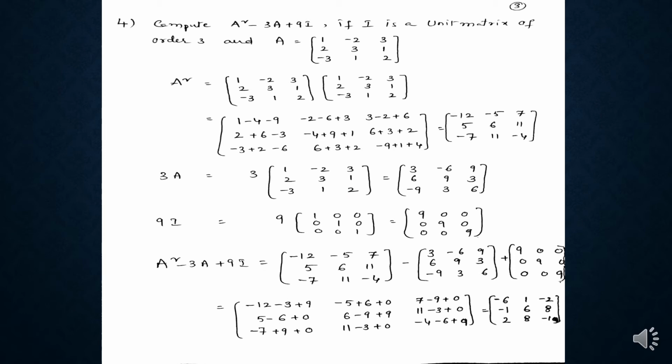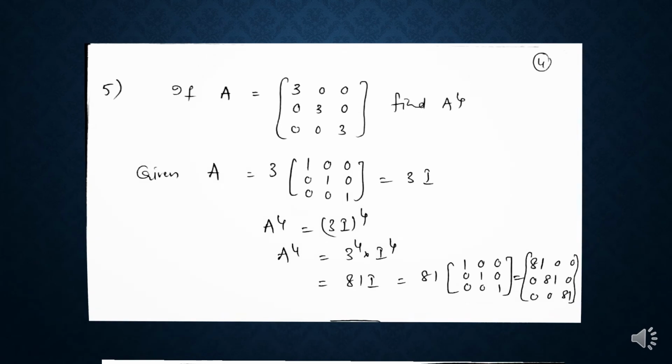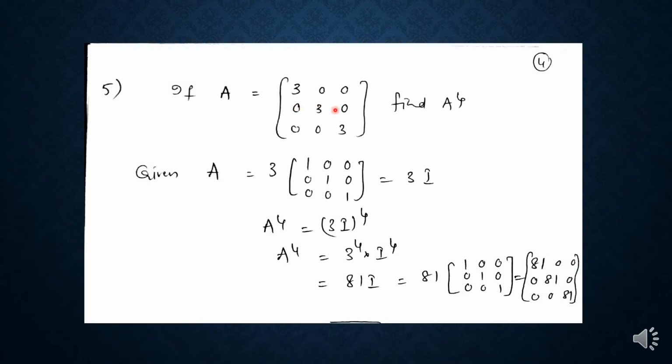Next problem. A is equal to [3 0 0; 0 3 0; 0 0 3]. Find A to the power of 4. So we have been given a 3 by 3 matrix. We have to find A to the power of 4, which means A into A into A into A. So instead of writing A to the power of 4 like that,